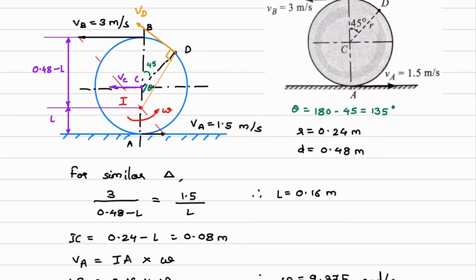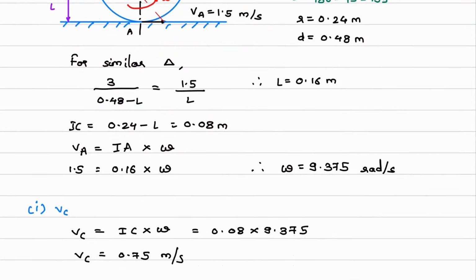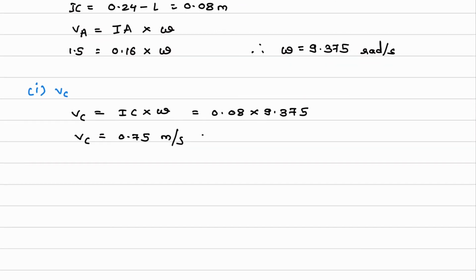Now what about the direction of Vc? We will see the direction part. Keep your thumb at point I, keep your index finger at C, and rotate your index finger in the direction of omega. Omega is anti-clockwise, so the velocity will be towards the left. If velocity is left, omega will be in the anti-clockwise direction. So the direction of Vc is towards the left.